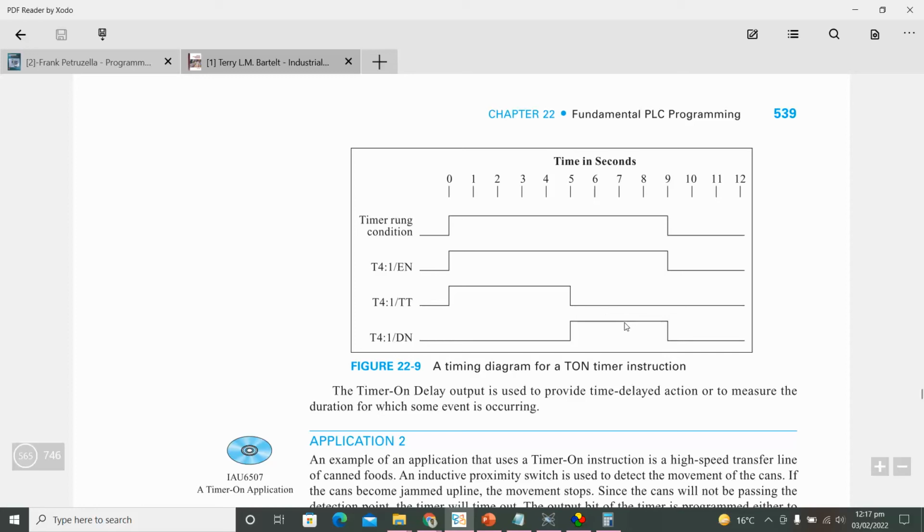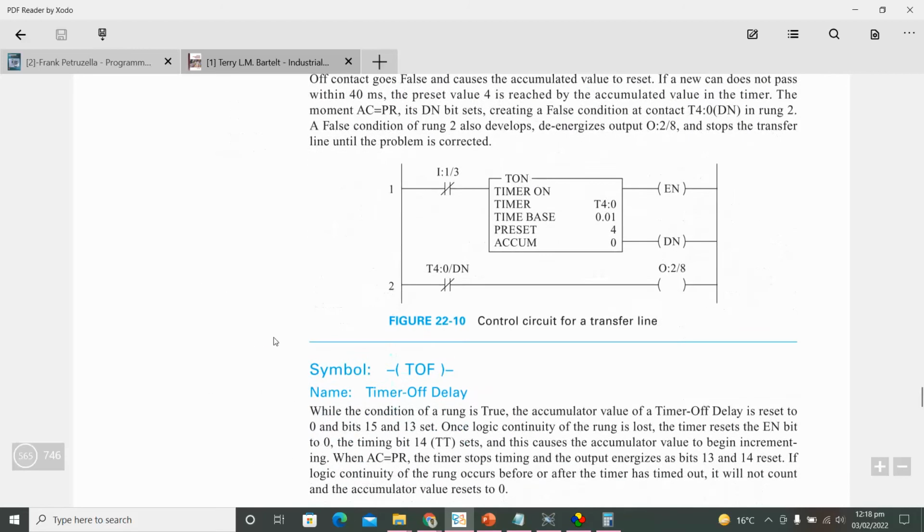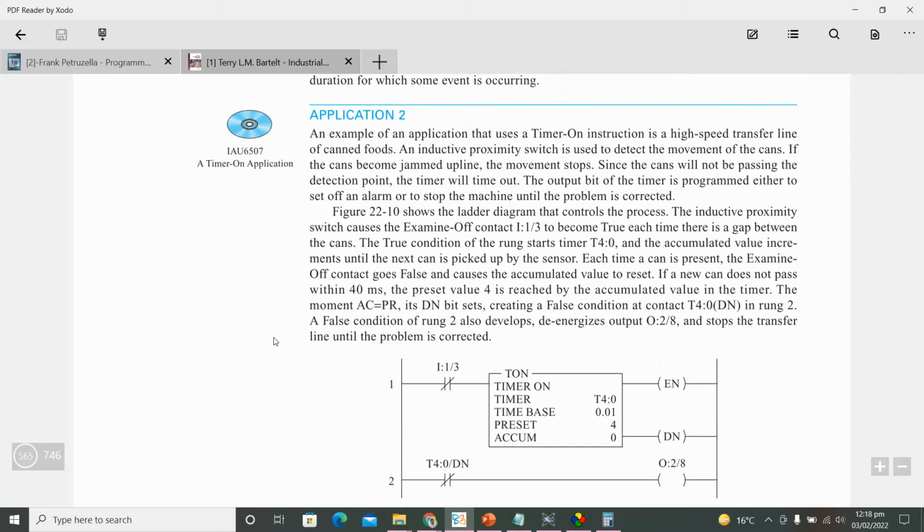ठीक है, तो ये 3 बिट्स हैं, ये हमें बताते हैं कि भाई टाइमर has been enabled, ये हमें बताता है कि भाई accumulation is still going on, it's not equal to the preset value, और ये हमें बताता है कि भाई जितने टाइम के लिए आपने टाइमर को एक्टिवेट किया था वो टाइम गुजर गया। ठीक है, अब आपको इस एप्लीकेशन से ज़्यादा समझ आएगी, थियरी हमने पढ़ ली। ठीक है, अब ये एप्लीकेशन क्या करता है,